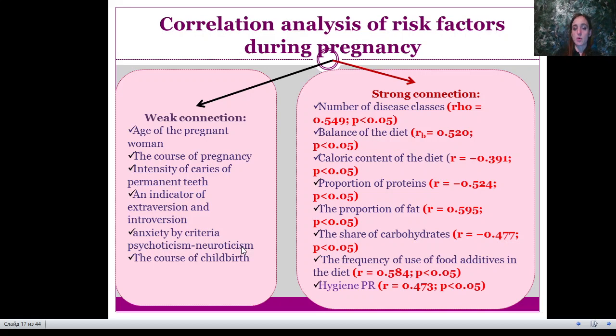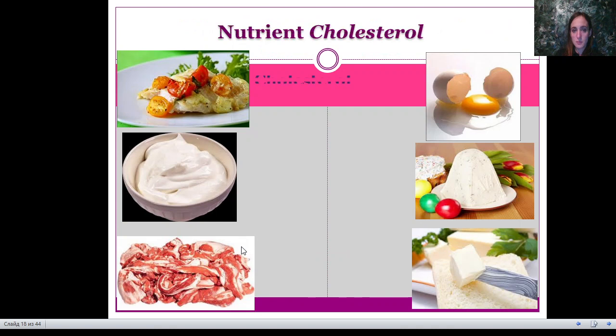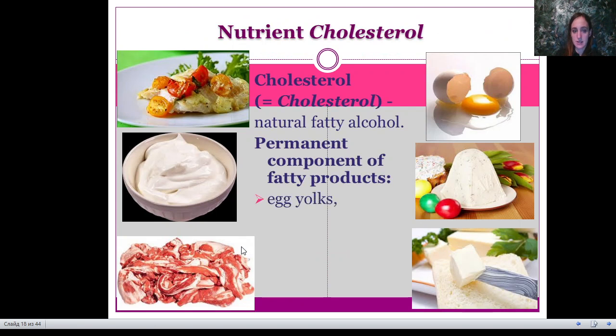And here we have balance of the diet, malnutrition, proportion of the proteins, of the fat, of carbohydrates, and of course hygiene of the oral cavity, nutrient cholesterol, and permanent components of the fatty products. It's of course butter, beef fat, animals' brains, then eggs,